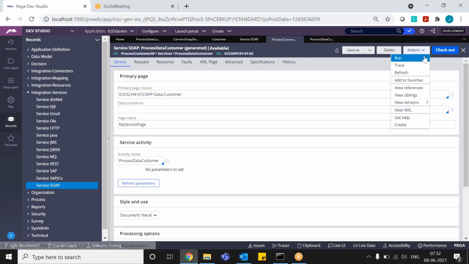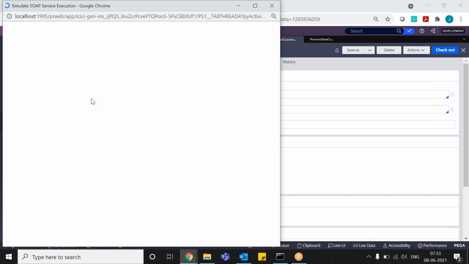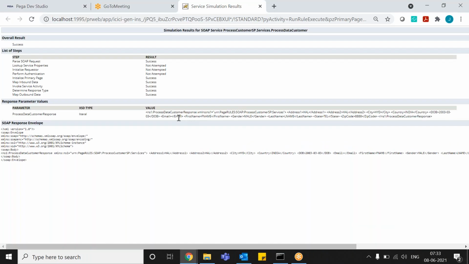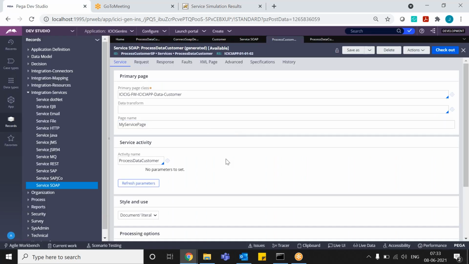So I'm running the service soap. Yeah, it is getting the values. First name, male, last name. DOB also it is taking properly. Okay. But here, what will be happening? In the service activity, you have hard coded 11. So always it will take 11 only, right?